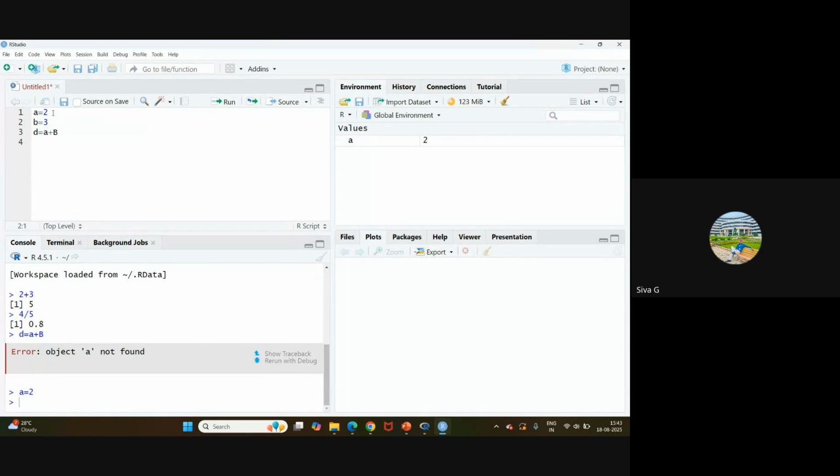See, for example, here I have executed D, A plus B. Object A is not found. So you are storing in object D some value A plus B, but the R programming language does not know what is A and what is B. Why? Because we did not execute them here. Writing the code is not